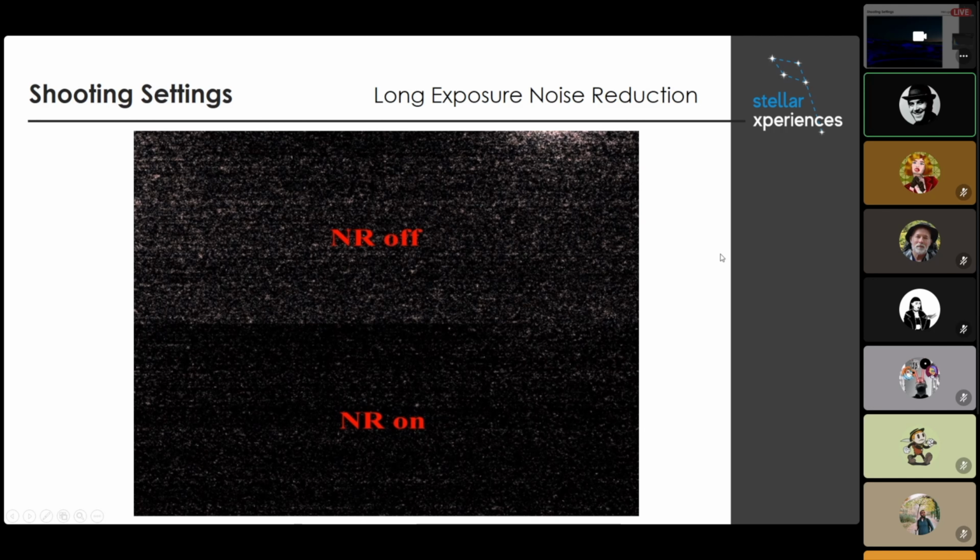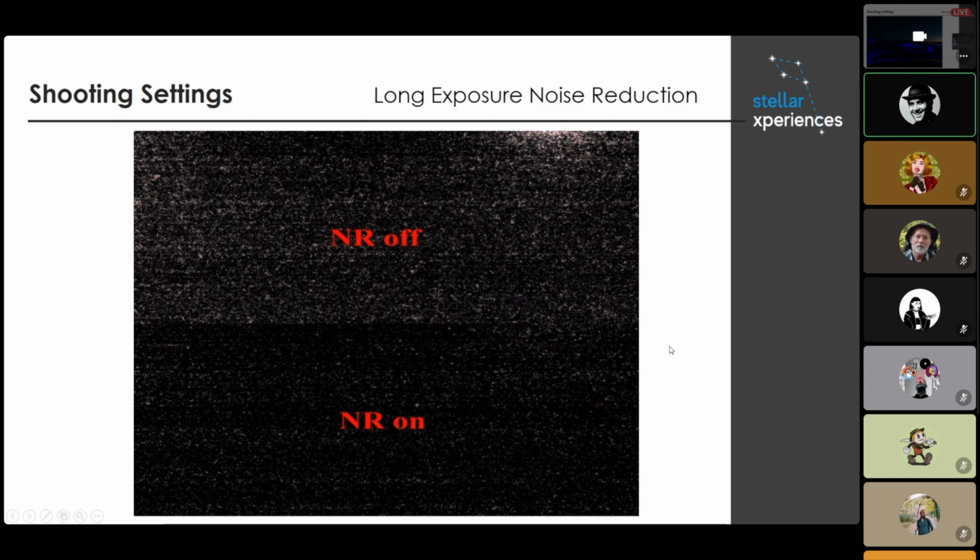And these are the settings that we can say general settings. Most modern DSLRs and mirrorless cameras have a function called long exposure noise reduction. In astrophotography, we are always using at least 10, 15, 20, 30 seconds of exposures. When you're doing that, you're heating the sensor, which will cause thermal noise. To avoid that, we can turn on the long exposure noise reduction. What this function will do is,